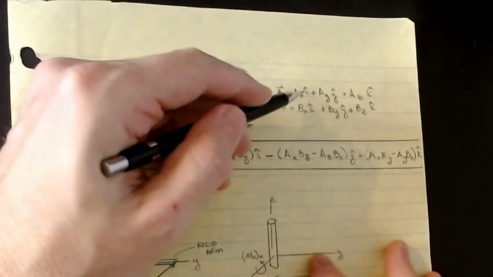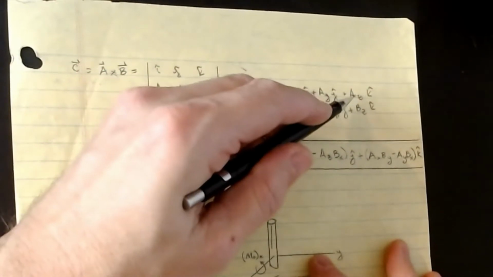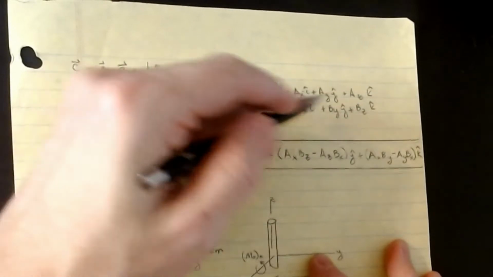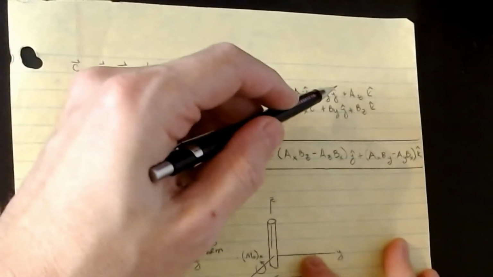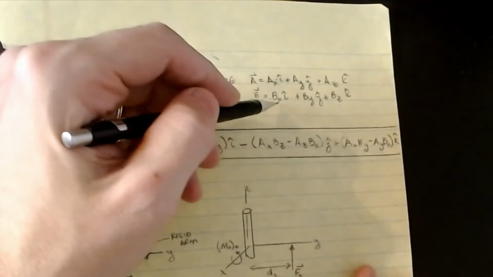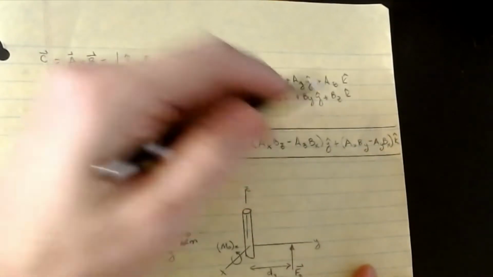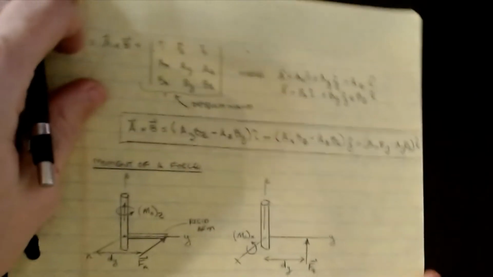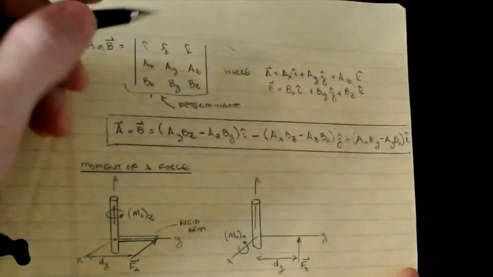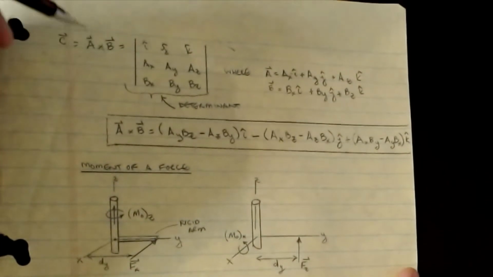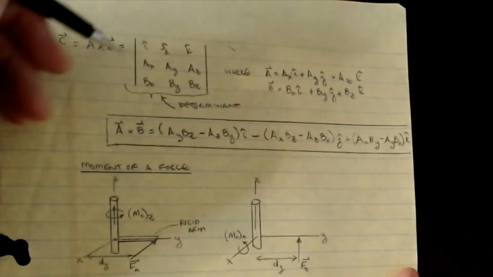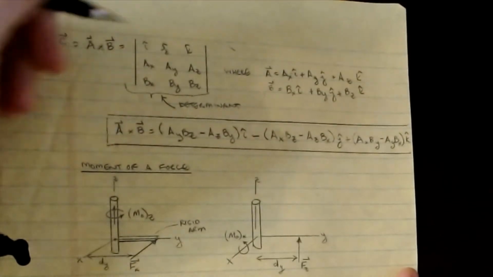some AX component I, AY component J, a Z component K, all added together. So that's a vector in the I, J, and K directions, or X, Y, and Z. Okay, and then B is the same thing, BX, BY, BZ with I, J, and K. No problems. You've seen this several times already before. So if I do this, the way that you evaluate this cross product is I take the determinant and I